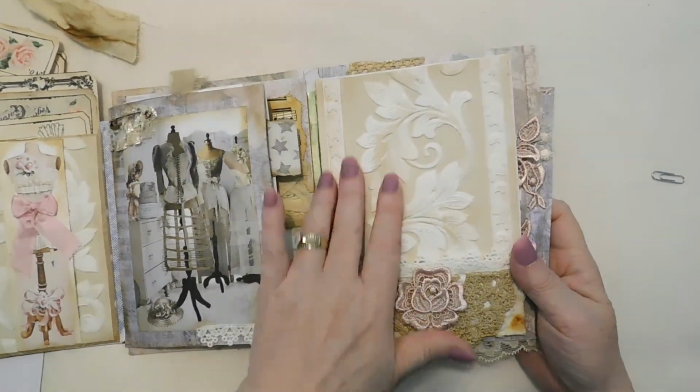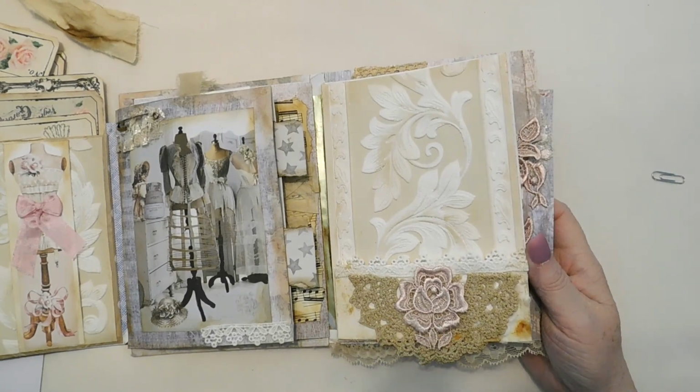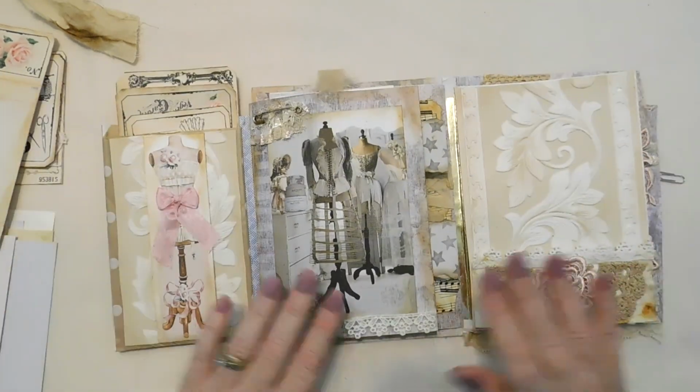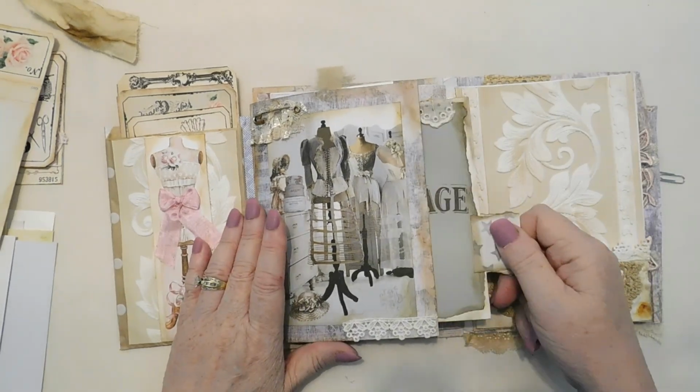Okay, you can see it much better. That's the full wallpaper border. I didn't get a lot of it, or I would share it with you, but I really didn't. And then this is half of a doily and some fabric. And then over here we have this where I put some trim, and we've got a couple of